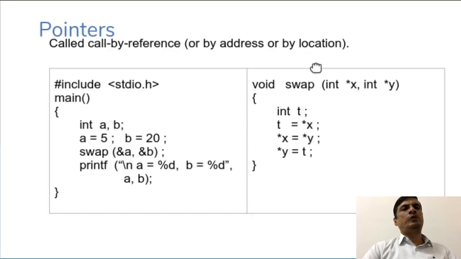But when you pass it by reference, you are going to pass the reference or address of a to swap, which is going to be captured by pointer variable x. Now x is going to hold the address of a, and y is going to hold the address of b. So when you print after swapping, definitely the values are going to be swapped, whereas in the previous case it won't happen like that. So that is where the pointers will play the crucial role.